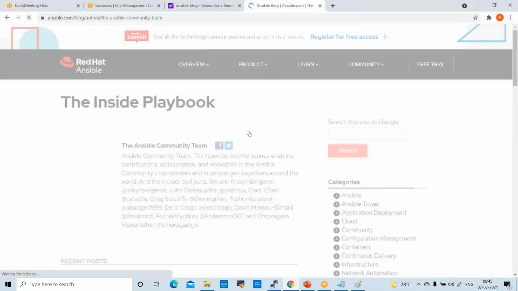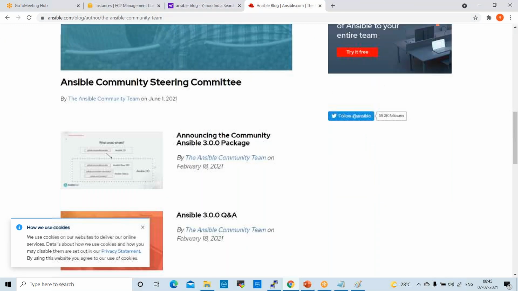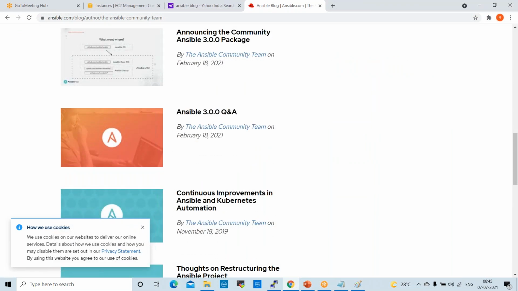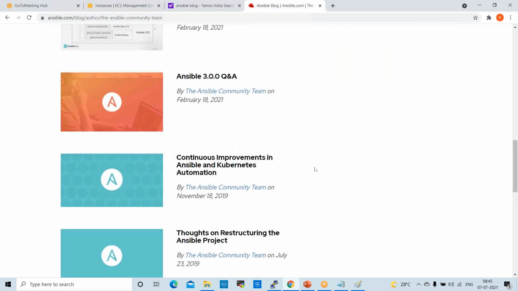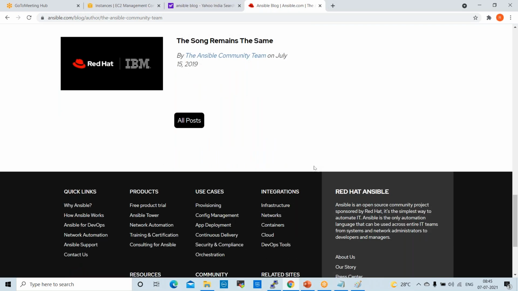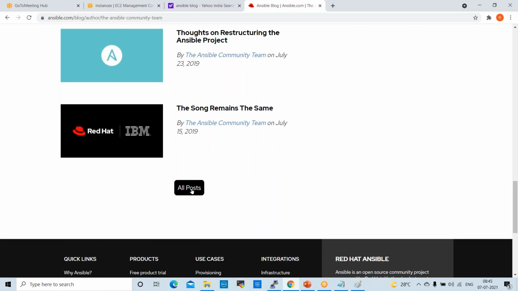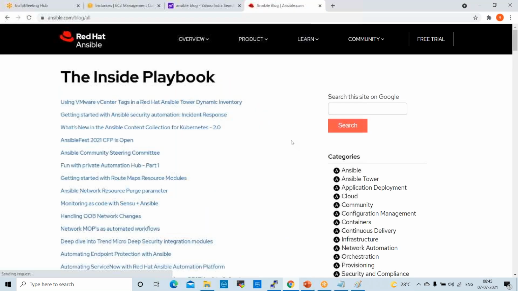In this, we'll get all the information. Whatever blogs, you can search like this. You will get some important blogs. If you register and enter into that, you will get some information. Latest updates, okay? Playbooks, and whatever the latest challenges being faced. If you click all posts, you'll get all the different posts.